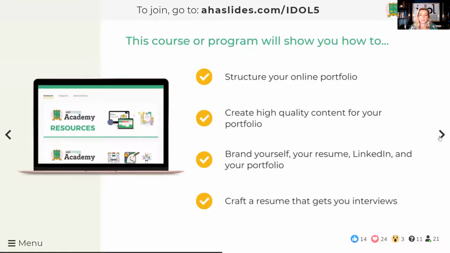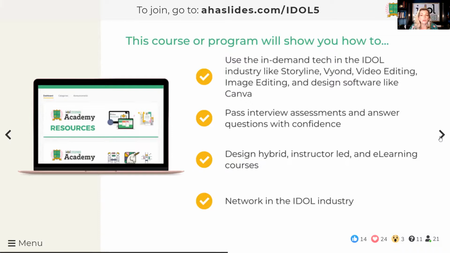So our program will show you how to structure your online portfolio, create high quality content for your portfolio, brand yourself, your resume, LinkedIn, and your portfolio, craft a resume that gets you interviews, use all the in-demand tech in the industry like Storyline, Beyond, video editing, image editing, and design software like Canva.